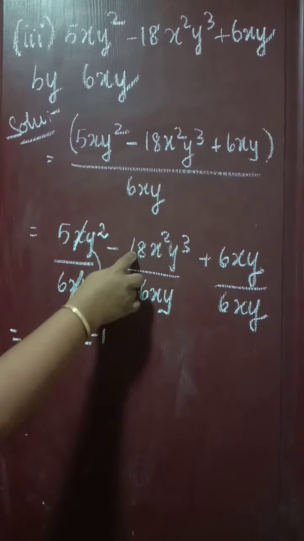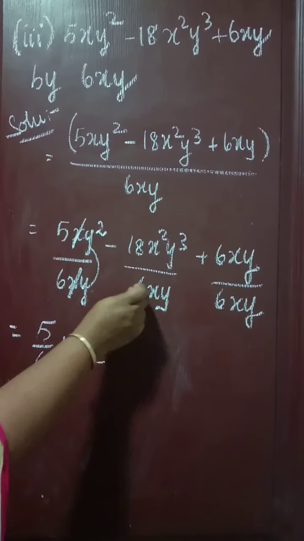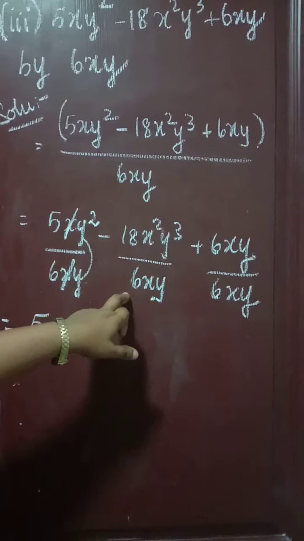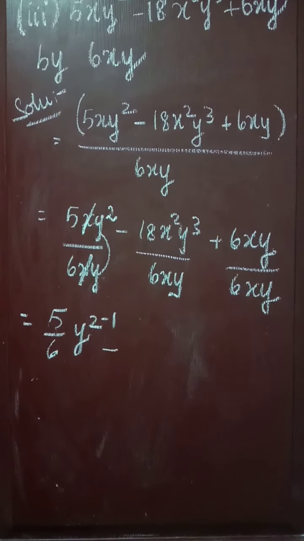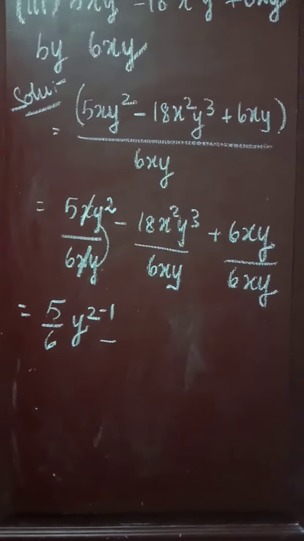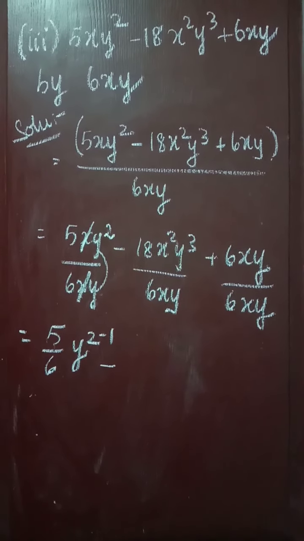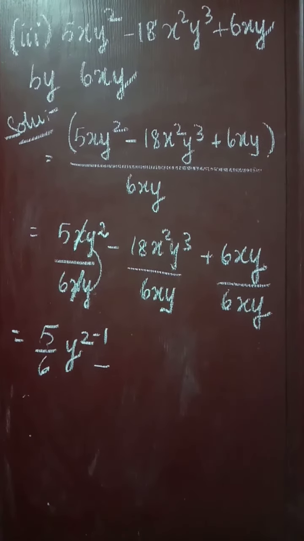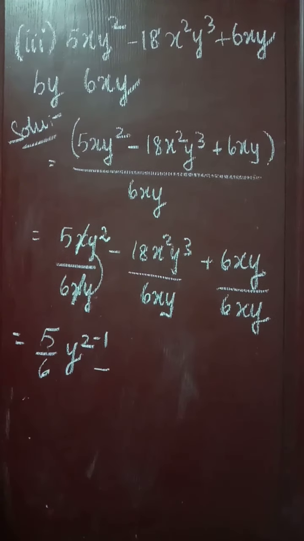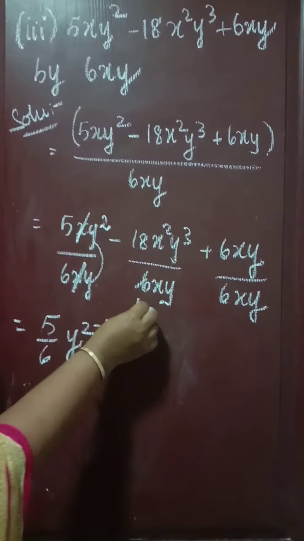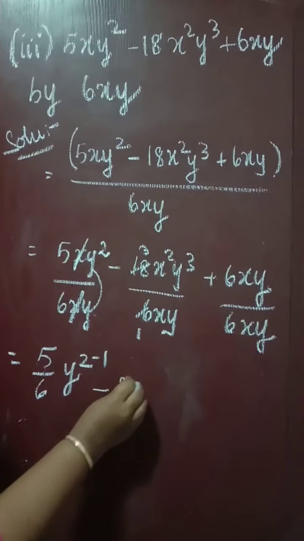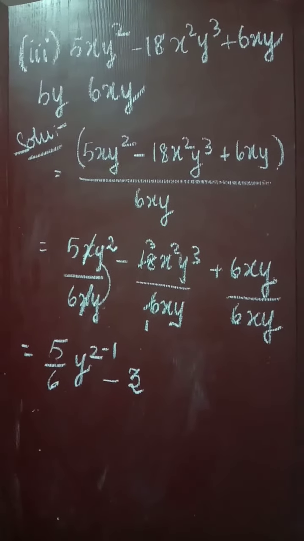So next come to this term. So listen. Here what is the number? 18. Here what is the divisor? 6. So do you know the 6 table? How many 6 in 18? Yes, 6 ones are 6. 6 threes are how much? Yes, 6 threes are 18. 6 ones are 6, 6 threes are 18. So here the number is, that is called the coefficient, 3.